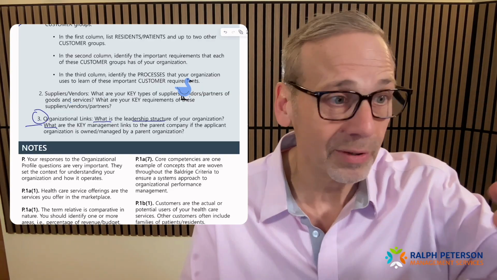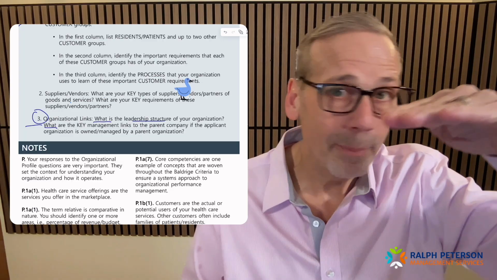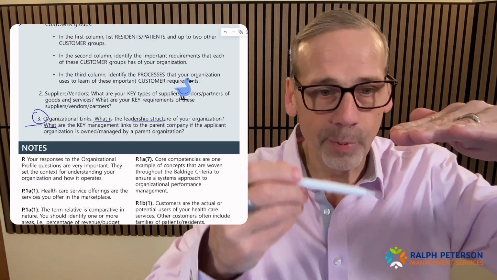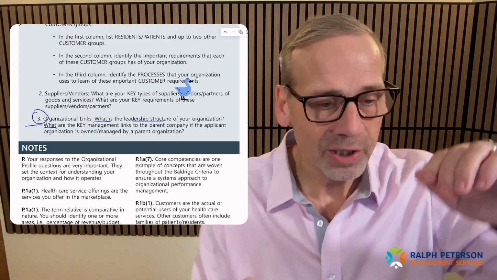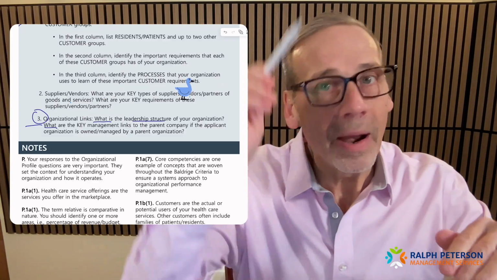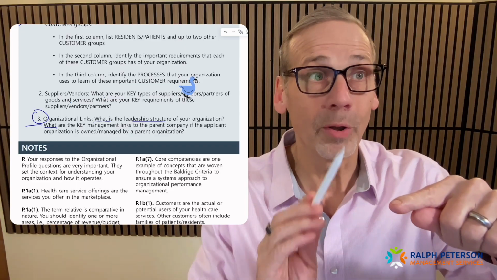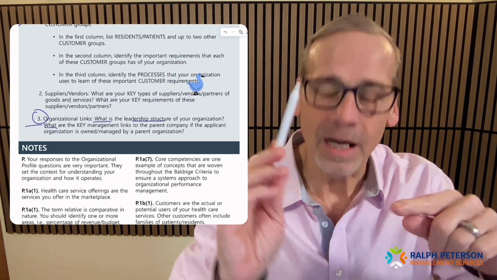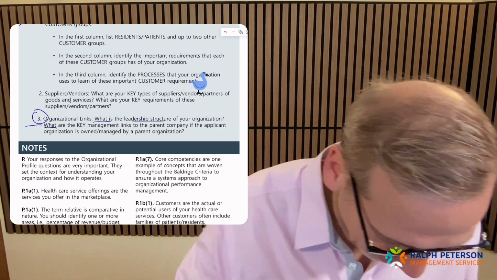Not only is this question asking from the center down, maybe there's a CEO or an administrator or an executive director at the top of the nursing home or assisted living center. So not only what does the reporting relationship look like down through your organization, but also if there is a parent company, what does that reporting relationship look like going up from the administrator, the DON, the facilities, that kind of thing. So let me show you.